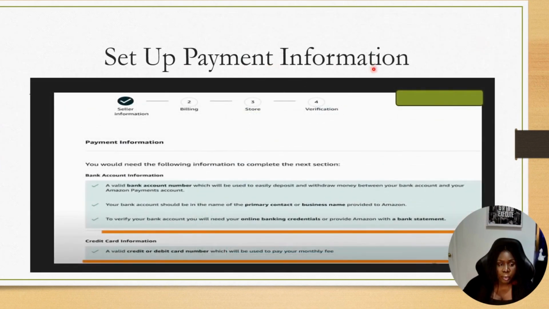Set up your payment information, enter your bank detail. Amazon will deposit your sales proceeds into this account after deducting its fees. So you want to input your bank account detail. Okay,